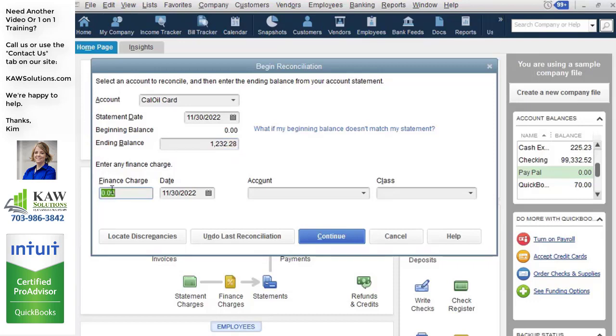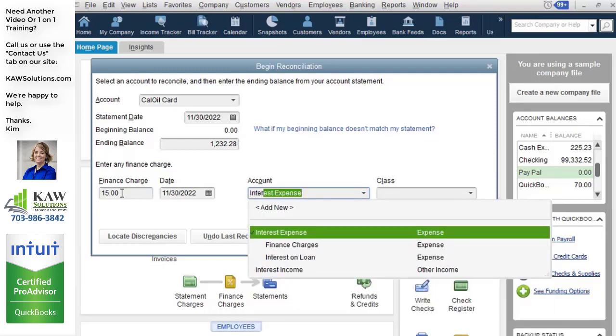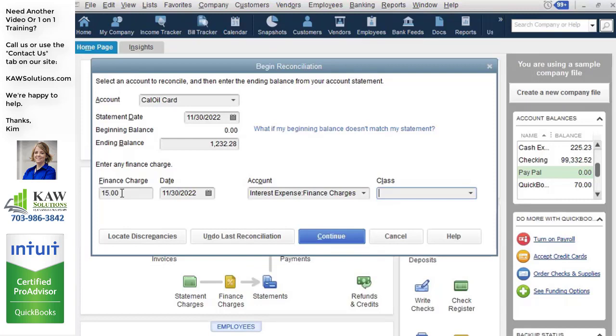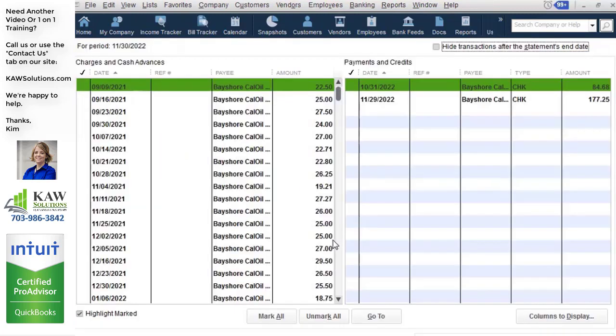Here we could enter our finance charge. Our finance charge is typically our interest fee that we see right there on the first page of our statement. Let's say our interest was $15 on the statement ending date, and typically the account we use here would be, we'll go ahead and use the finance charge. And when I hit continue, what we would do on this next screen is compare